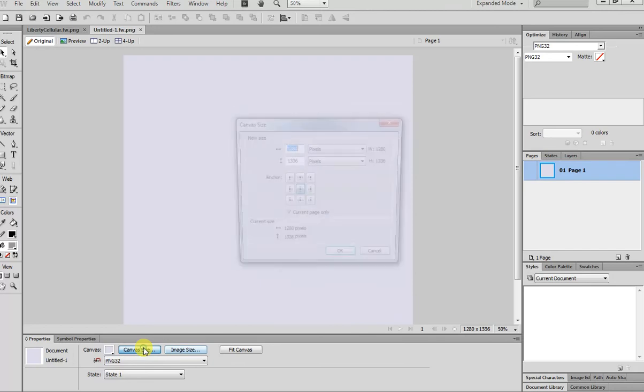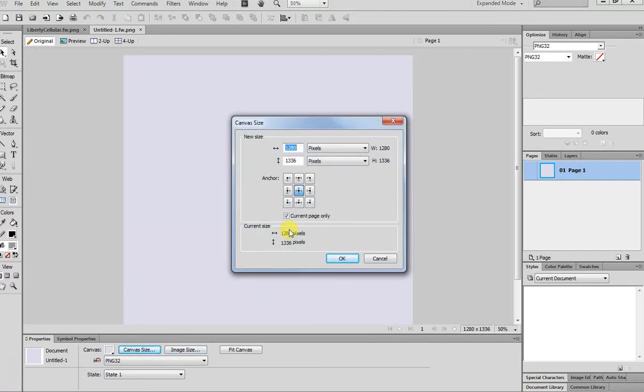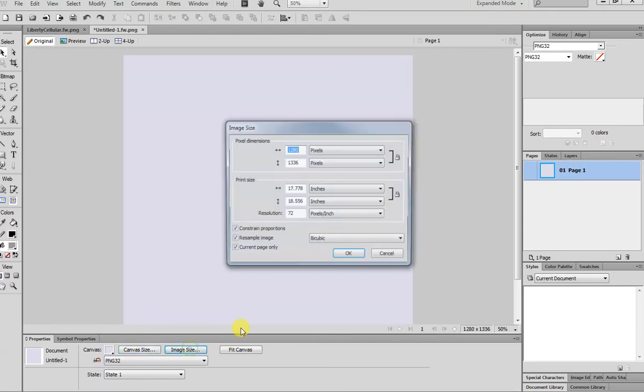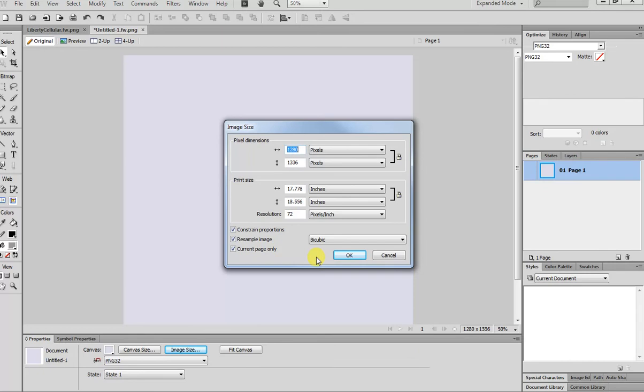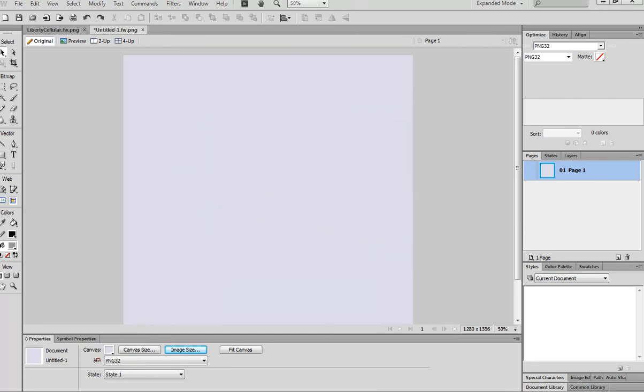You could also change your canvas size. So if you mistakenly put in those dimensions, or if you wanted to change them, you could go in there. And then you could do the image size, which would resize everything inside of it. That's similar to Photoshop also. You have your canvas and image size. Next thing I want you guys to start using is the rulers so that we can get our